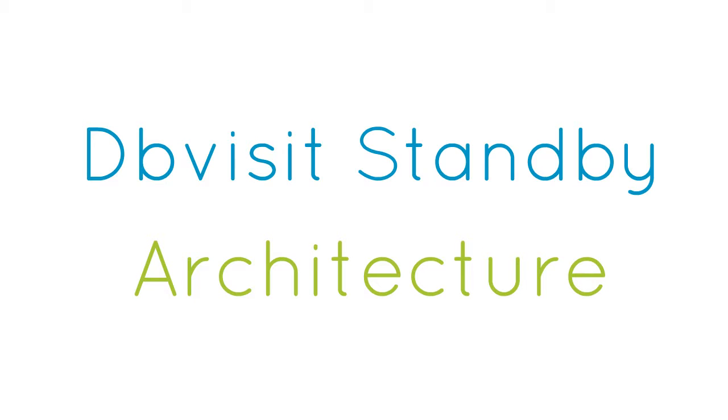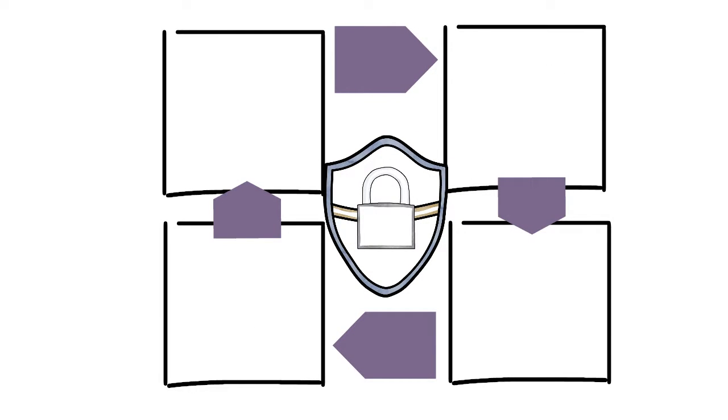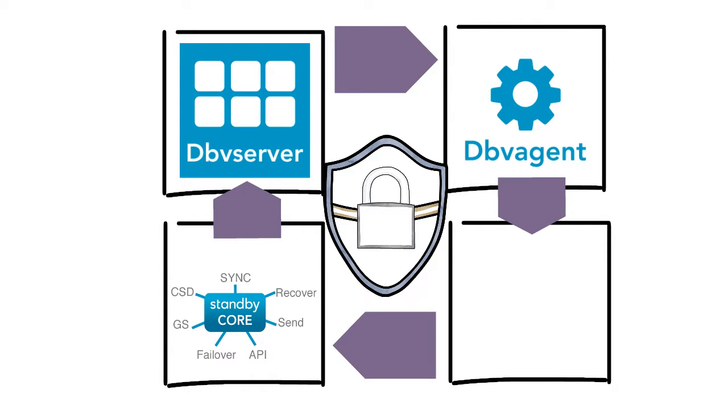Dbvisit Standby architecture. The key to understanding Dbvisit Standby architecture is by getting to know its components. These components work together to enable disaster recovery. Dbvisit Standby is made up of 4 major components: Dbv Server, which hosts the web-based user interface; Dbv Agent, also known as the Dbvisit Agent; the command line interface, also known as the Dbvisit Standby Core; Dbv Net, which provides